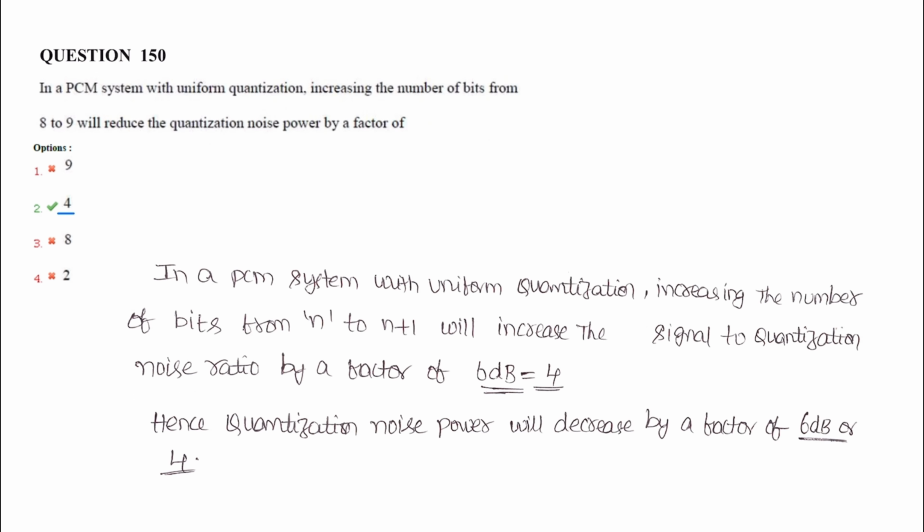Question number 150. In a PCM system with uniform quantization, increasing the number of bits from 8 to 9, so one bit is added, reduces the quantization noise power. In a PCM system with uniform quantization, increasing the number of bits from n to n plus 1 will increase the signal to quantization noise ratio by 6 dB, or a factor of 4. Hence, quantization noise power will decrease by a factor of 6 dB, or otherwise its numerical equivalent is 4. Correct answer is option